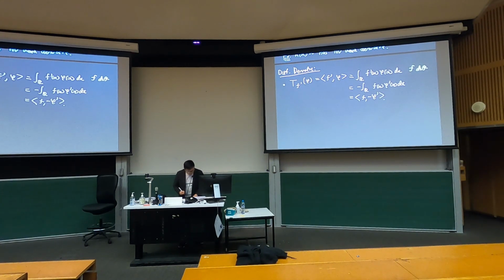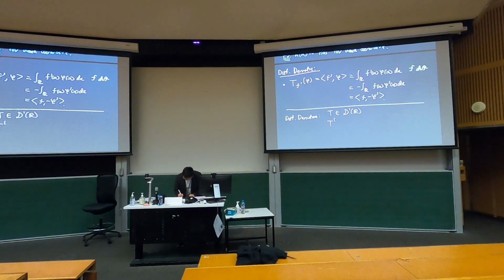Okay? That in principle is the way we go about defining the derivative of a distribution. So this is what is done by Schwartz when he actually, somewhere in the 1930s and 40s, defined this. The distributional derivative is defined as follows. If I have T a distribution, then the first derivative of this is going to be defined by